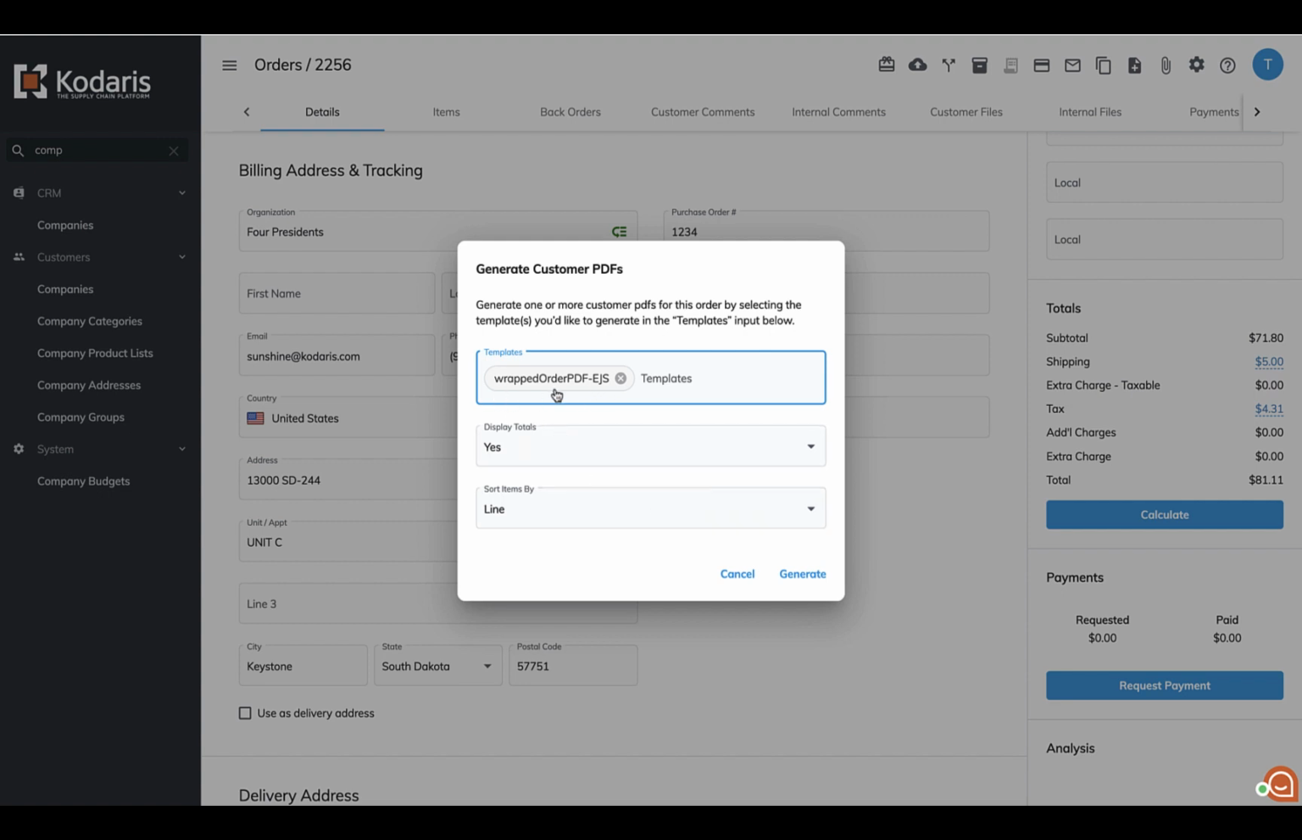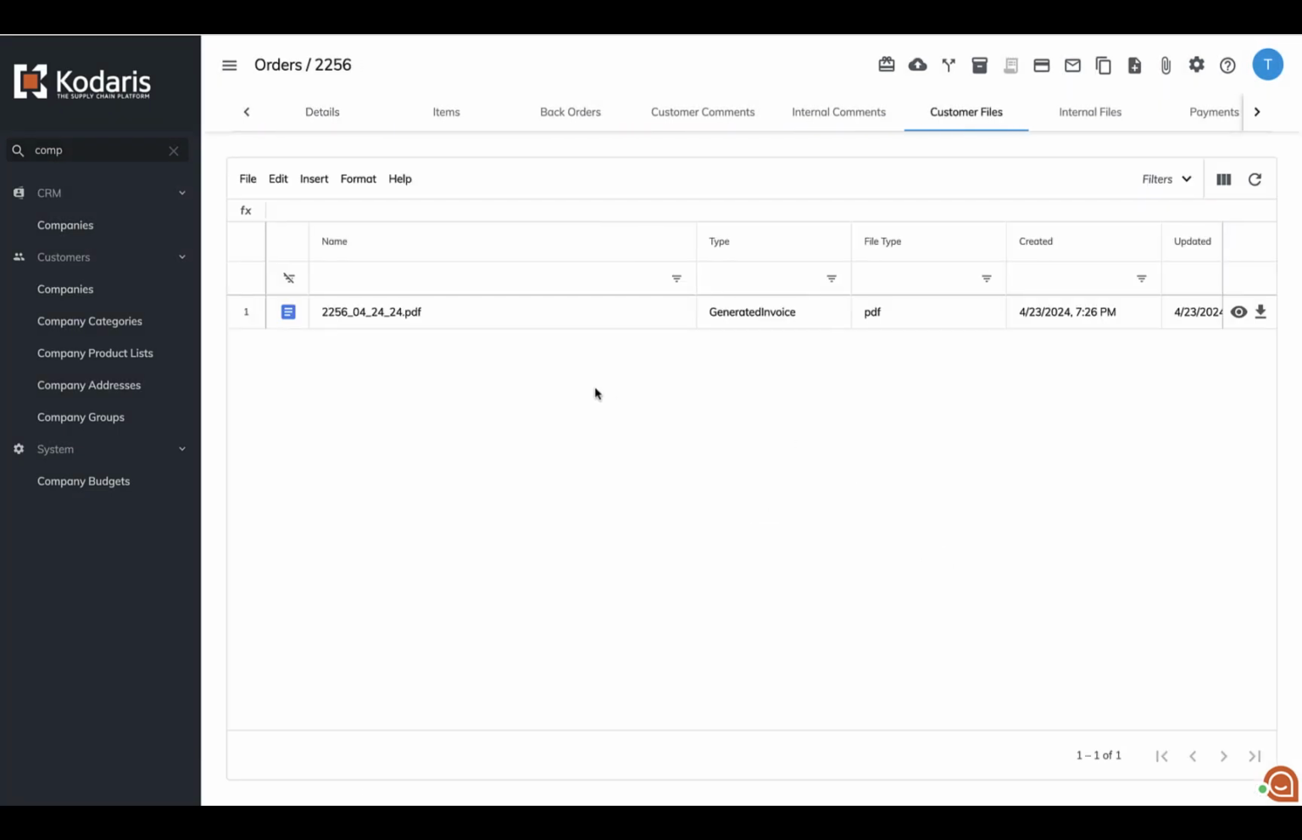We'll have the default template listed here. You don't need to make any updates to that. And then you have a couple of different options. You can choose if you want to display those product totals or not. And then also, depending on your configuration, there is an option to sort your items by either line number or different product groups. I'm going to go ahead and click generate for that,